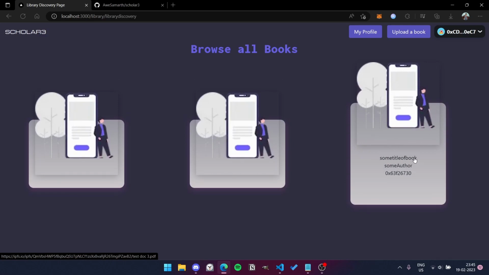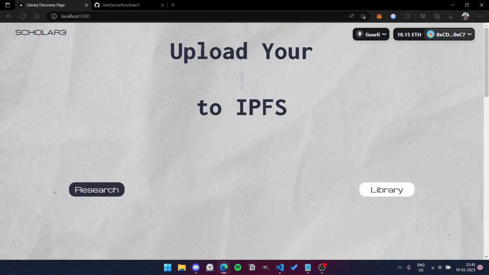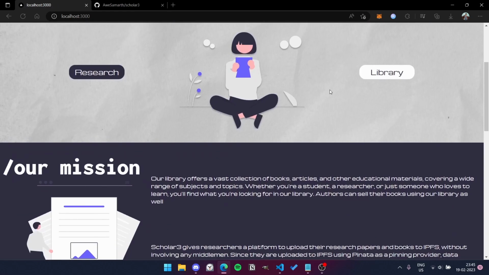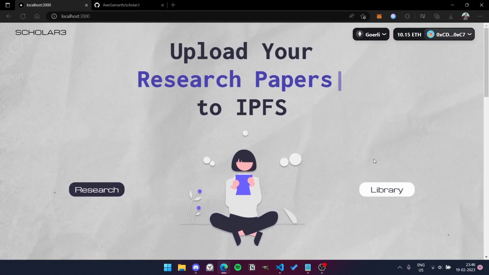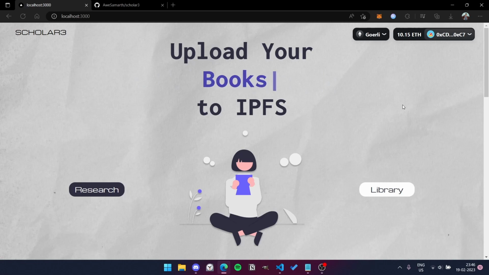It's working just fine. So yeah, this cover has to be changed, and we are in the process of changing it. We're going to be using Third Web's IPFS content renderer to show you the cover that we just uploaded. Yeah, that will work fine once we are done with it. And yeah, there's a lot of work that is still left to be done, especially in the library part. But yeah, I think we all think that this platform